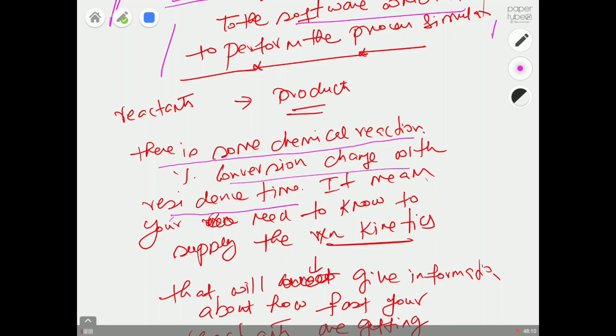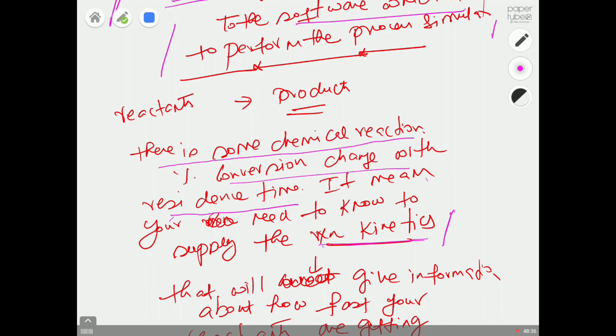So we need to give this information, reaction kinetics. This reaction kinetics will tell the percentage conversion, and it will also tell how fast your reactants are getting converted into your products. Yeah? So this is obviously reflected in percentage kinetics. Yeah. And then